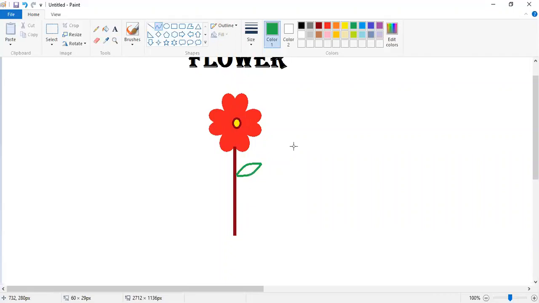Like this. Got it? And then I will select pencil tool to draw freehand drawing like this between the leaves lines. You can draw like this. Got it? Till here, any confusion?